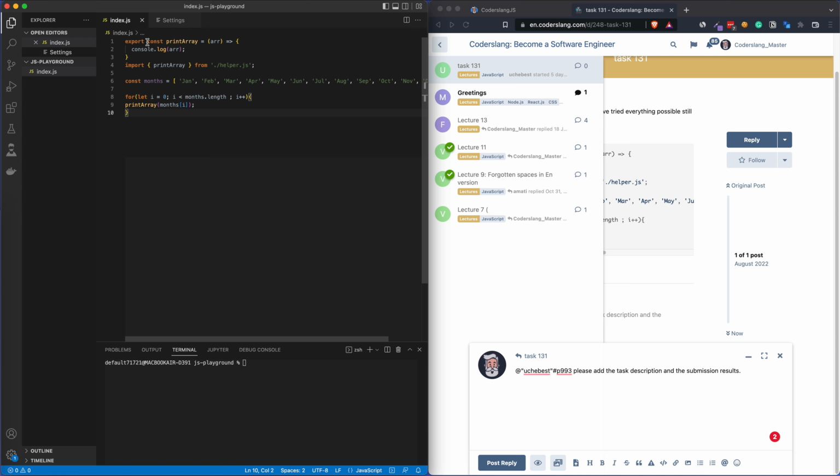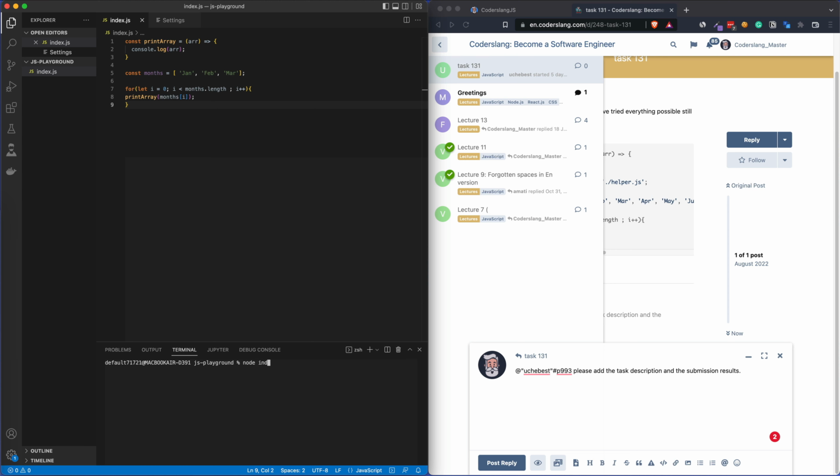So let's see how we can modify this. In the function printArray, let's remove the export because we're not exporting it anywhere in my case. Let's make this a little shorter. And now let's try to run this code. And we see that it outputs 3 months, January, February, and March. But the problem here is that the loop is outside of the function. So if we just call the function